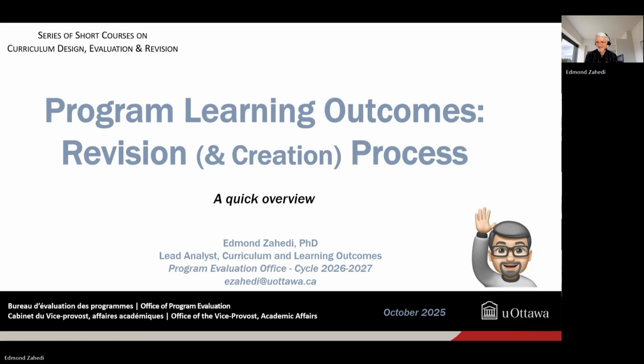Merci, Edmond. So one challenge I'm facing is we have multidisciplinary graduate programs that involve multiple faculties. I looked for learning outcomes in the collective agreement. There is no mention of that. So there could be some pushback from some professors, where we have no real authority sometimes. Is this something you faced in the past?